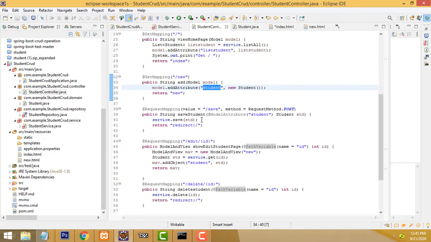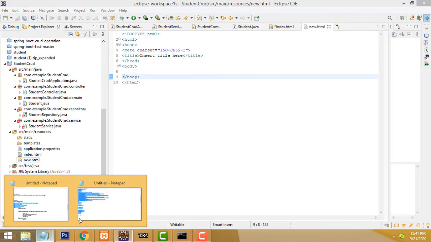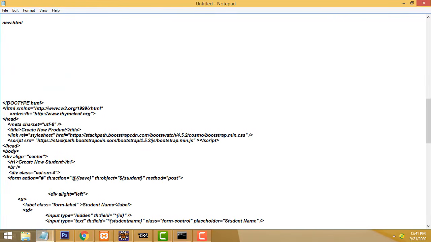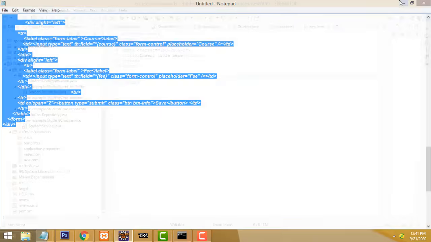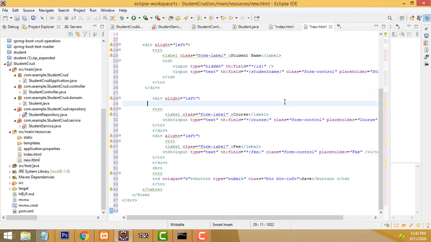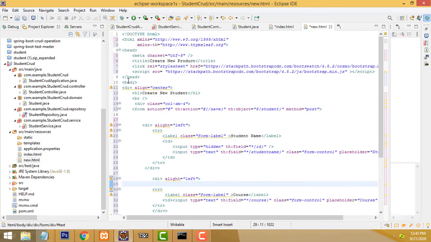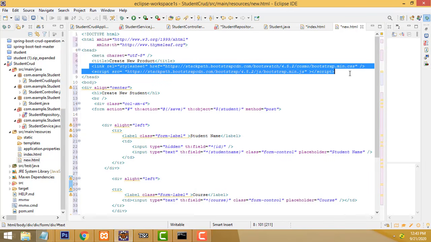After that, for the new button, we have to create the new page over here. This is the new page, the same thing. I just copy and paste it. It's very simple: Control C to copy, Control A to select, Control V to paste here. Right, we have pasted it here. Now this is the simple form design. Here I have attached the style sheets. I showed you in my previous index.html how to attach this, very simple.